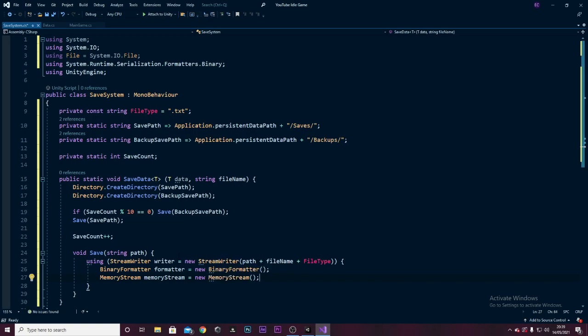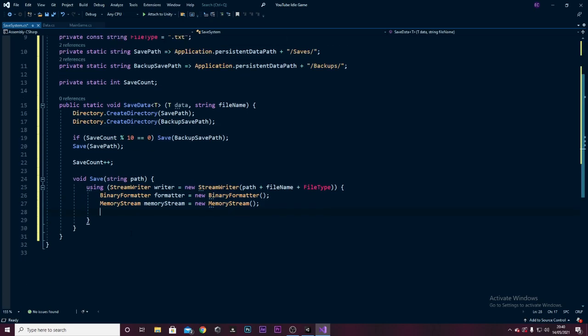Now I can't explain what this does because it's too complicated and it's stuff I don't understand, but I'm sure you could go look this up and then learn it. I don't even understand this myself, I just know the script. So as I say, I can't explain this, but if you look this up, I'm sure you could learn it. Anyway, now we're going to say formatter dot